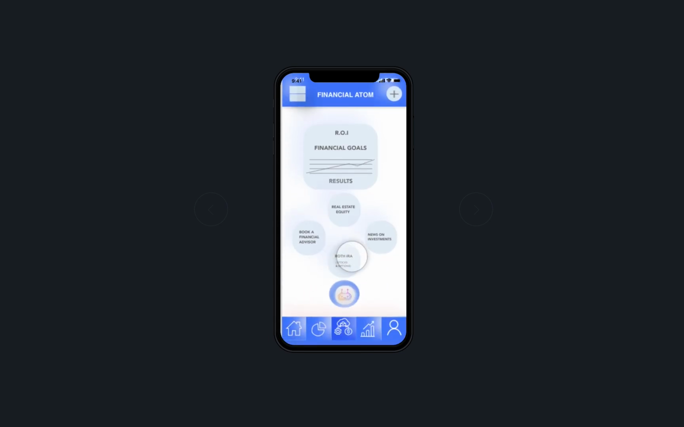You can also invest in stocks. You can get investment news, filtered by an AI algorithm so that it is fitted and made just for you. And you can book another appointment with a financial advisor if you think you are hitting a desert type of